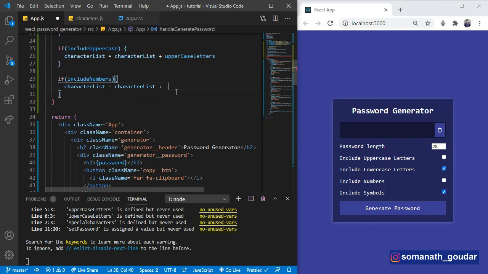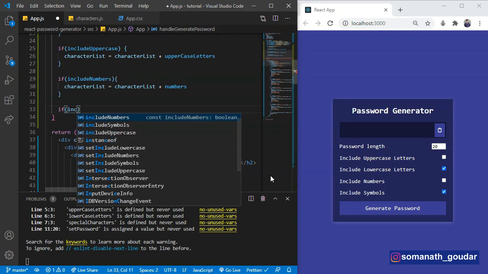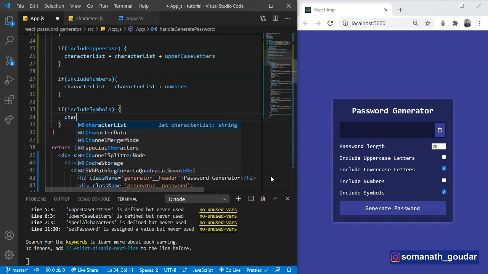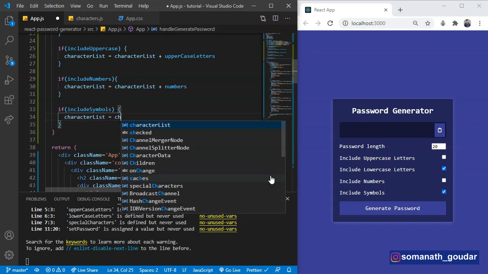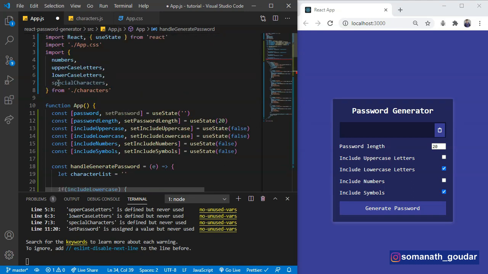Okay, don't worry, we'll get to know what we are doing in a while. If we check for include symbols, that is also true, we are going to say character list is equal to character list plus special characters.